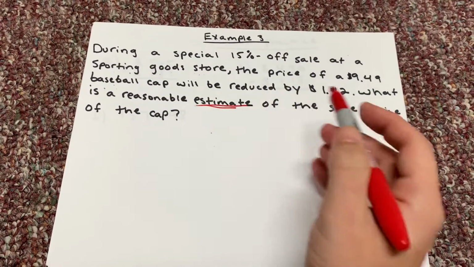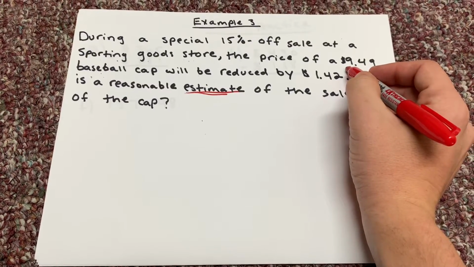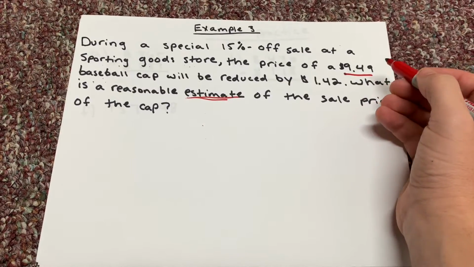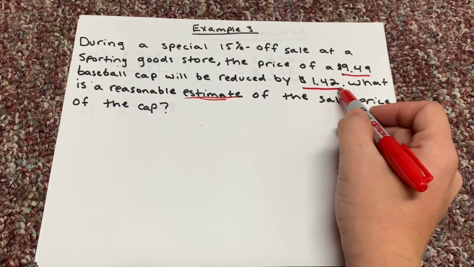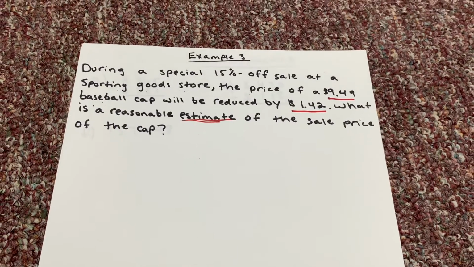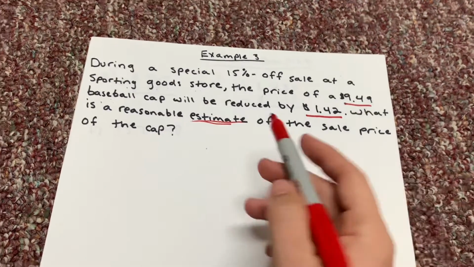So we're going to round our numbers. So we have a $9.49 baseball cap, and it's going to be reduced by $1.42. Well, to find this difference, we're going to go ahead and we're going to round